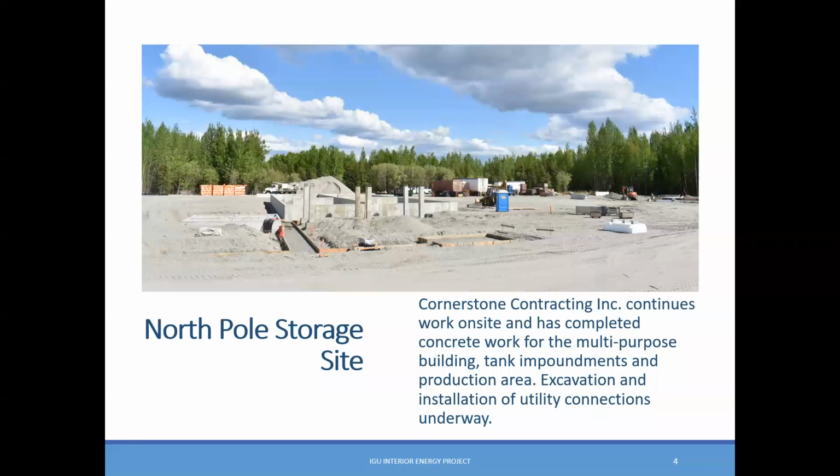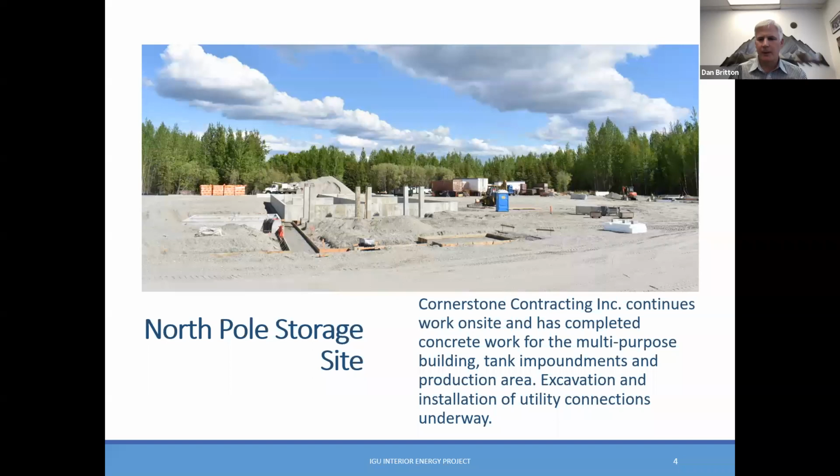Happy to report our North Pole storage facility is well underway for construction. A reminder, this is on H&H Road, just across the street from the old Flint Hills refinery, and across the street from where GVEA's LM6000 power plant is. The contractor is Cornerstone Contracting. They're completing the